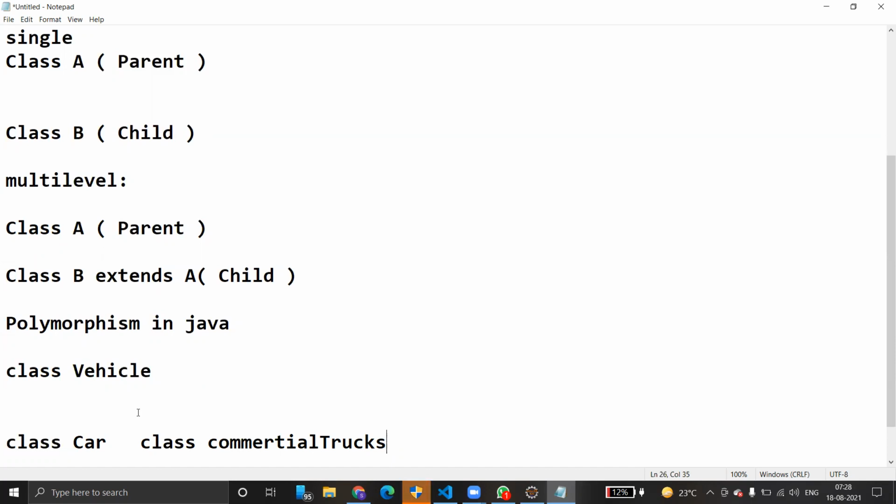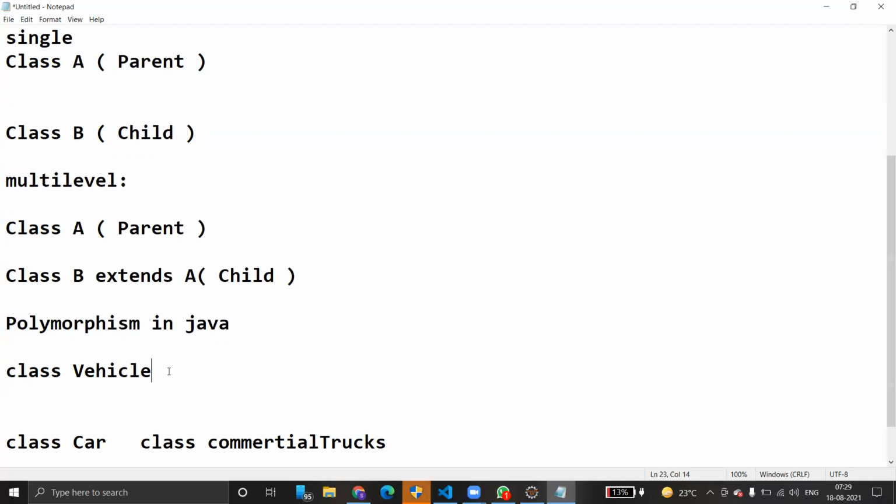Hence, we can create a parent class called vehicle, and then extend the methods of the vehicle in both car and commercial trucks. Inside vehicle there is a method called gear system, and both car and commercial trucks can use it. It is the same method, with 2 subclasses, car and commercial trucks. We can provide the implementation of the same method in both derived classes.